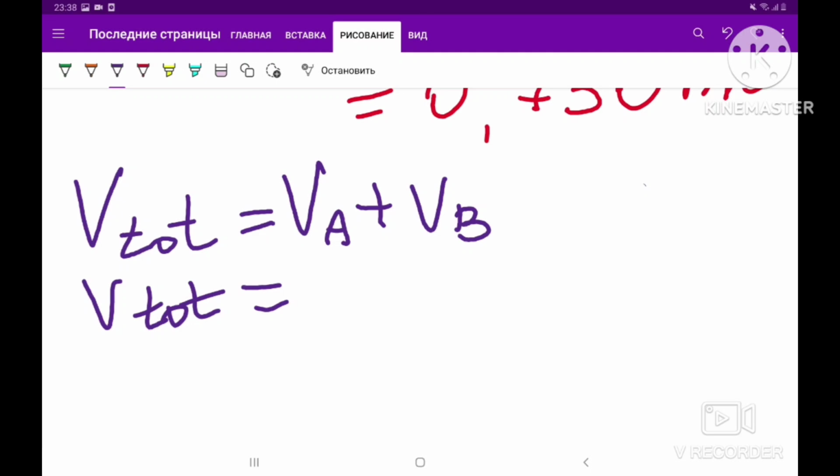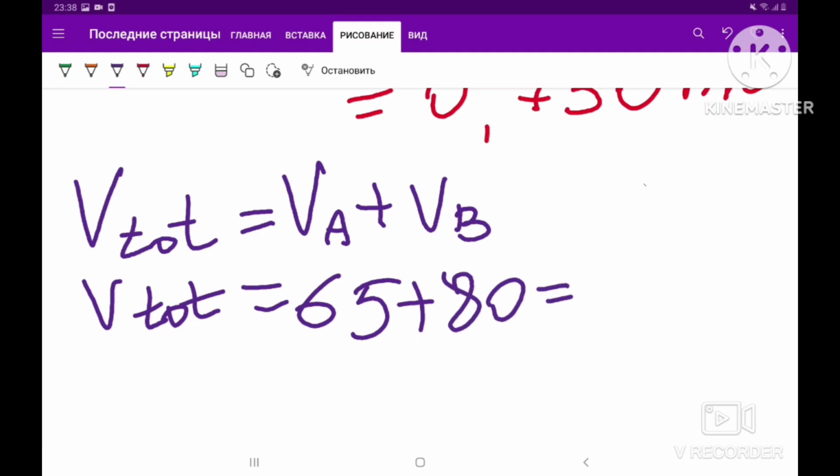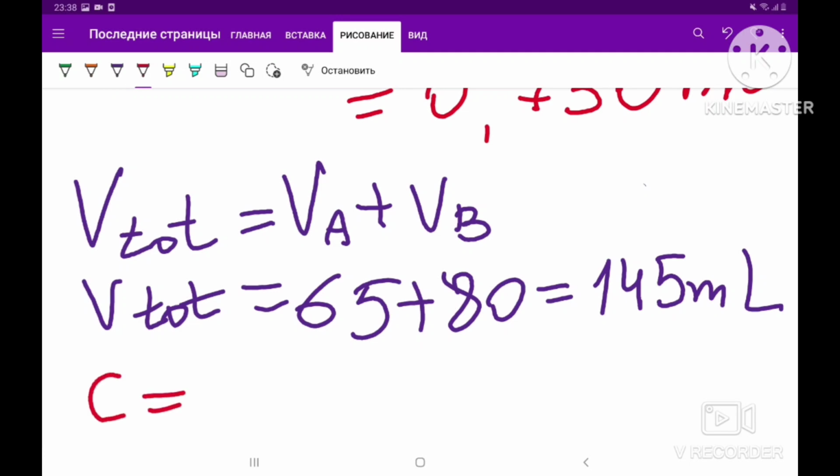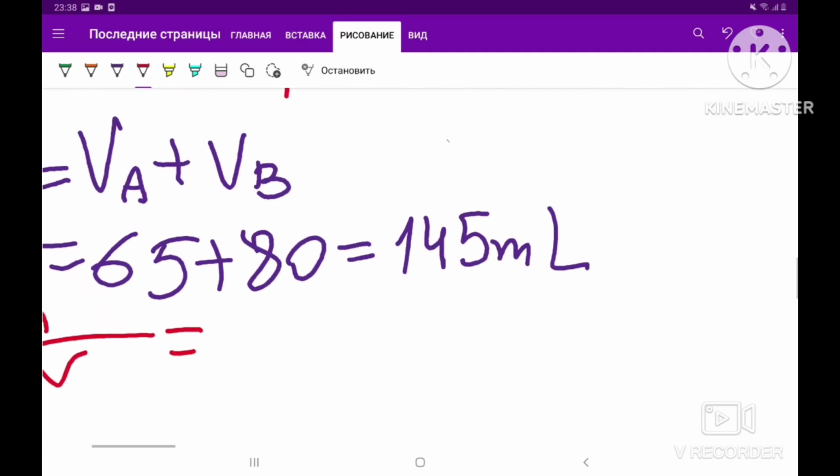So 65 plus B, which was 80 milliliters. The answer is the total volume of the final solution. So we can now find the concentration by the formula n divided by V. So we take the total number of moles, 0.750 mole,